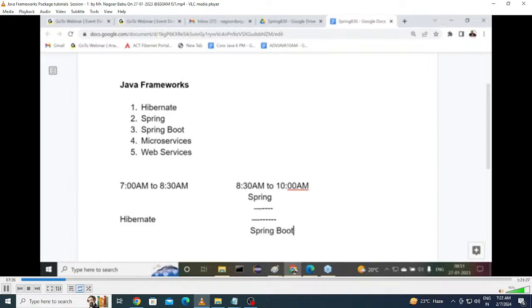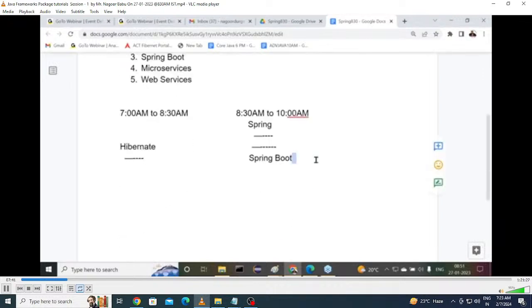Meanwhile, at 7 to 8:30, which topic is going to happen? Hibernate is going on there. So we are planning to complete Hibernate. Right, sir. When Hibernate is completed, I'm going to start web services. Meanwhile, what is going on here? Spring Boot is going on at 8:30 to 10. So it's going to happen.